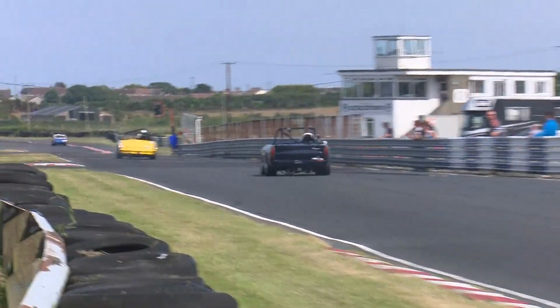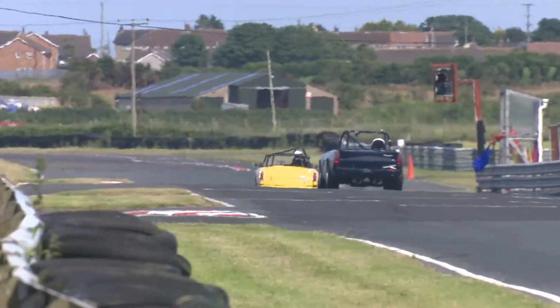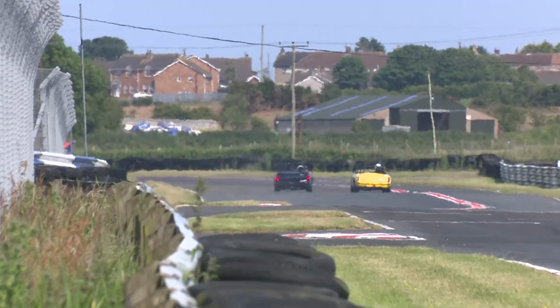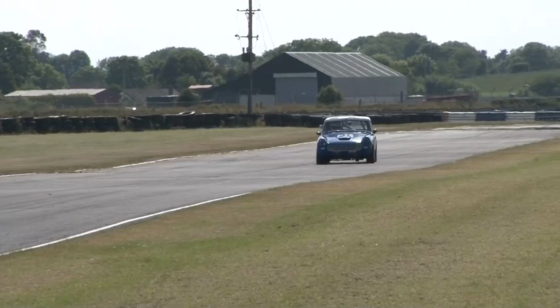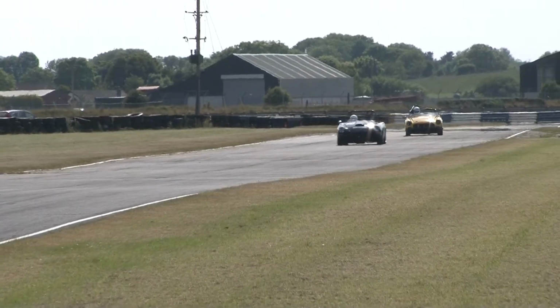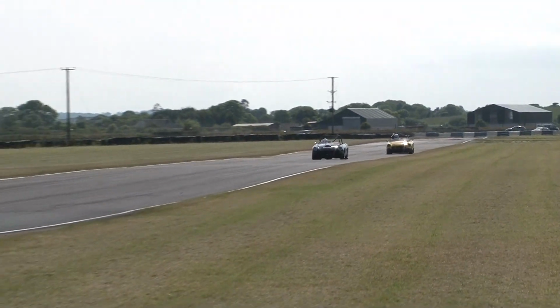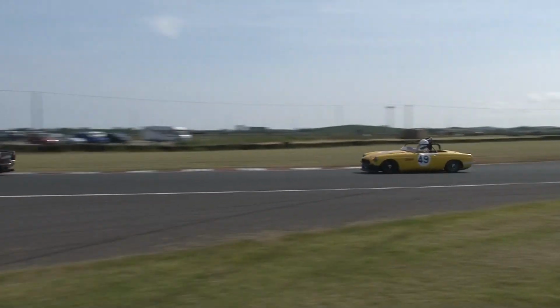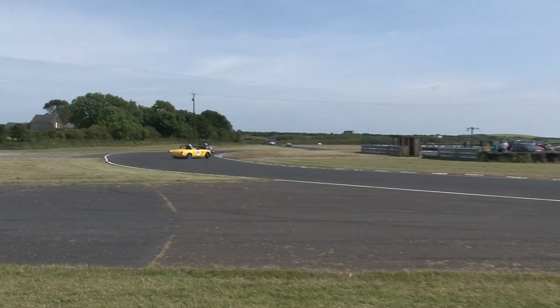Works his way back along the start-finish line again, getting into the closing stages now, the final third of this 2nd HRCA race from the Kirkistown race circuit. And Jackie Cochrane looking good for a double race victory here. Kirkistown circuit that seems to perfectly suit the Sunbeam Tiger because it's one of the few cars out there that can do everything. It's got good straight line speed, it's very good through the corners,